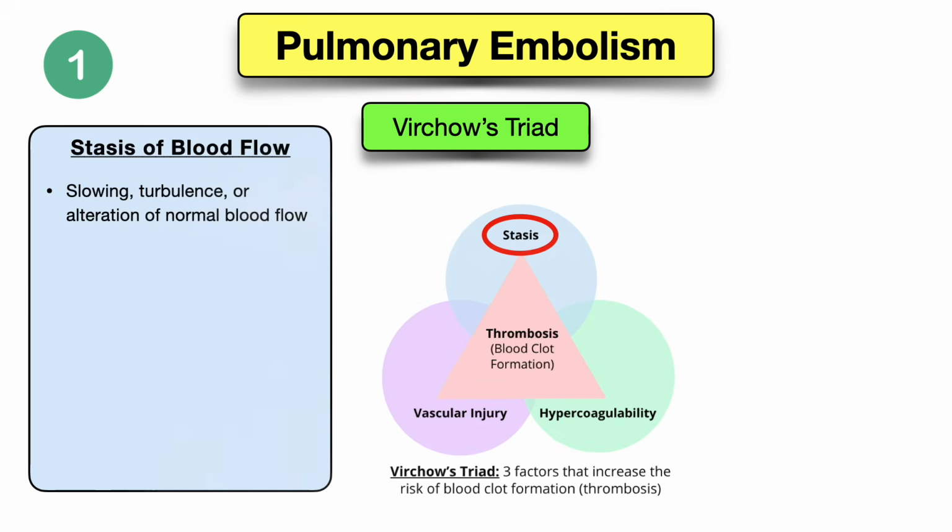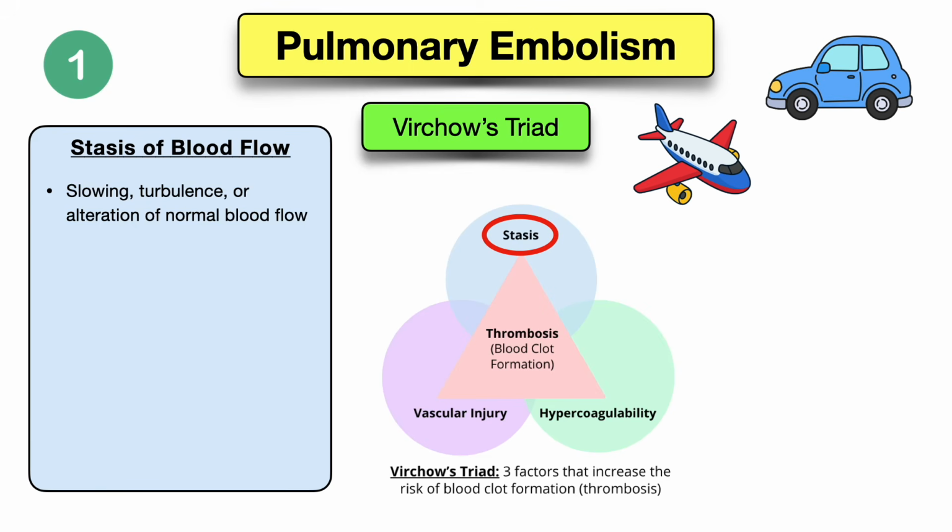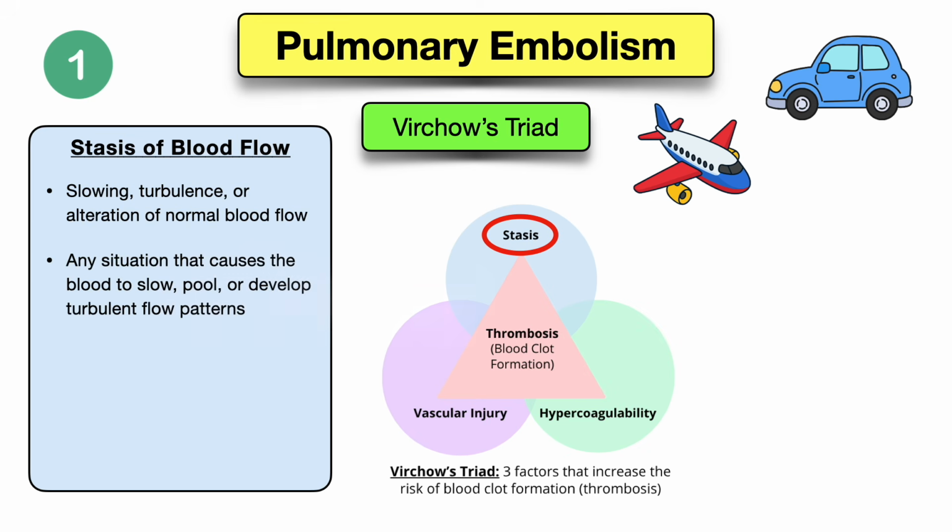The first factor in Virchow's Triad is stasis of blood flow. This is when there is slowing, turbulence, or alteration of normal blood flow. For this, you want to think of long car rides, plane rides, or prolonged immobility. That's because situations like this cause the blood to slow down, pool, or develop turbulent flow patterns instead of moving